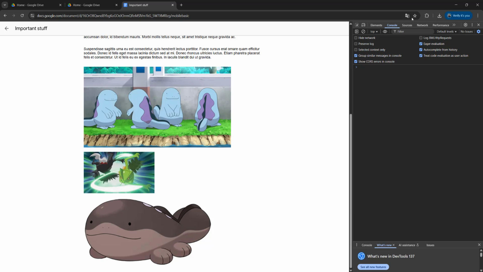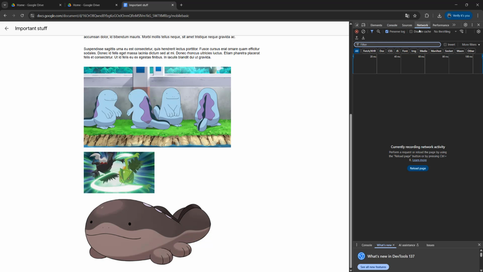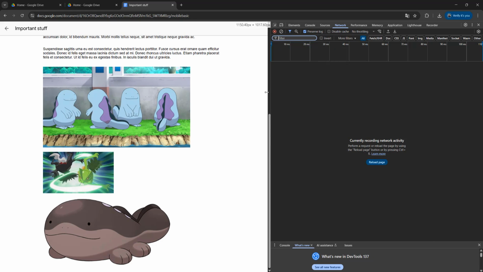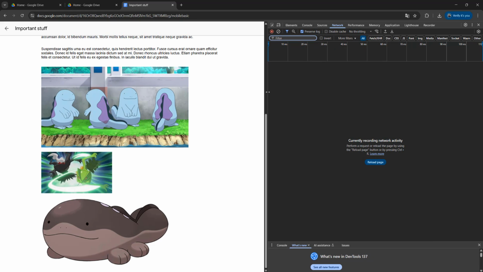Now, I want you to go to the Network tab. If you don't see it, click on the More Tabs button, and Network will be in the drop-down menu here. But click on Network. And I recommend you drag out this menu a bit, because it will make the next step a bit easier. I then want you to press F5 on your keyboard, or the refresh button, to reload